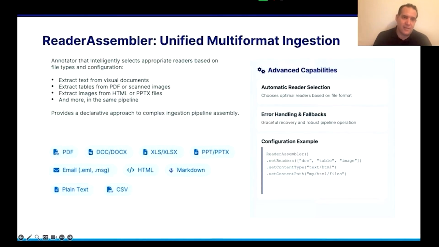The other thing that's now available in the library is an annotator called Reader Assembler, and what it does, it simplifies things greatly for you by enabling you to say, look, I'm going to now feed you documents from all of these different file formats. Okay, I'm going to give you Excel spreadsheets and HTML documents and some emails and some PDFs and some images and some plain text and some background. And I'm just going to throw whatever it is that I